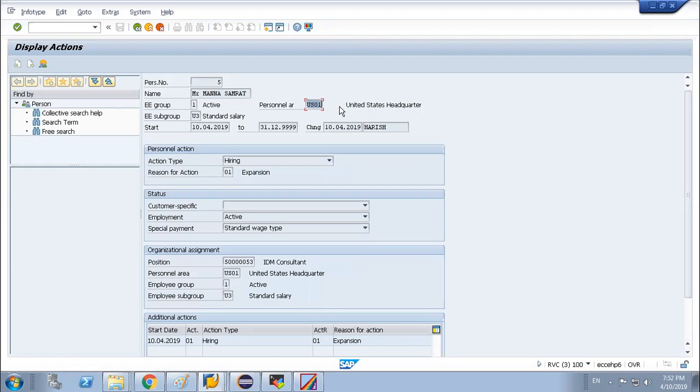Correct. So all those users belong to different personal areas. But suppose your US and UK people have gone live with IDM. Your Australia people are using your legacy system. They have not gone live with the IDM system so far.